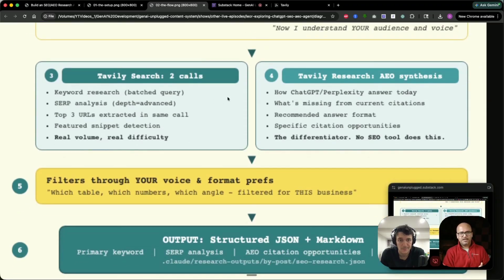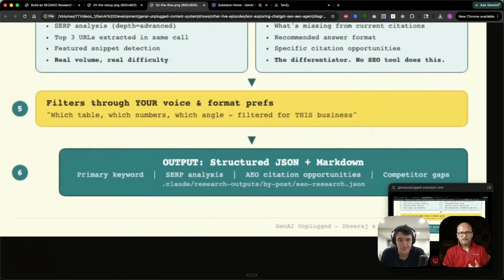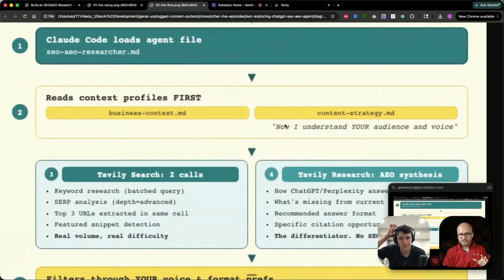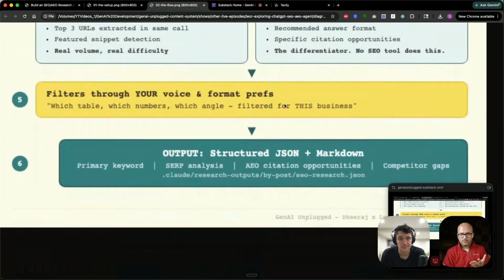Once Tavily does the job, the data comes in and it all gets filtered based on the voice we have, based on our own profile. Then a structured output gets generated in the form of JSON or Markdown. It will share the primary keyword and the SERP analysis, meaning search engine result pages, the pages you see at the top.